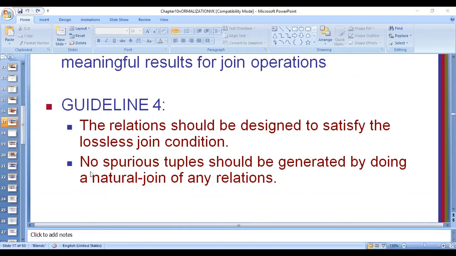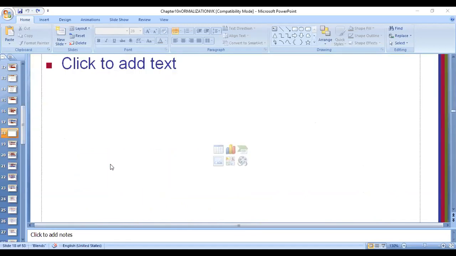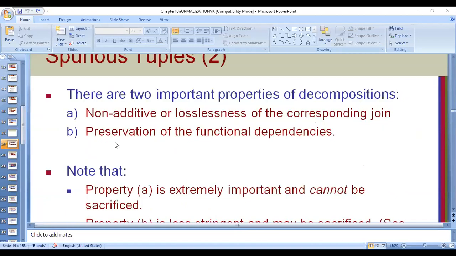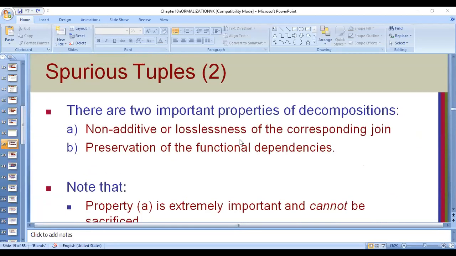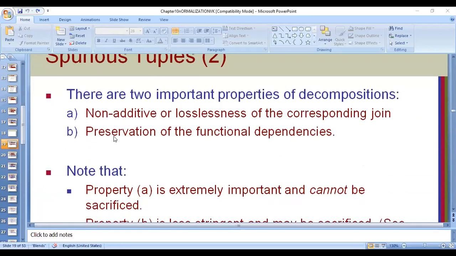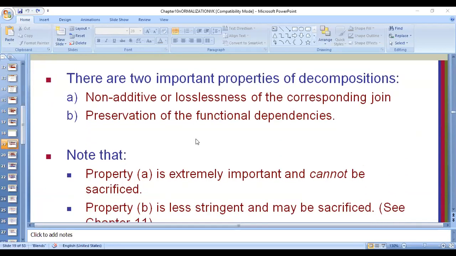The tables should be so ideally designed that no spurious tuple is generated. With this guideline, let us understand two properties of decomposition: there shouldn't be loss of information, and there should be preservation of functional dependency.